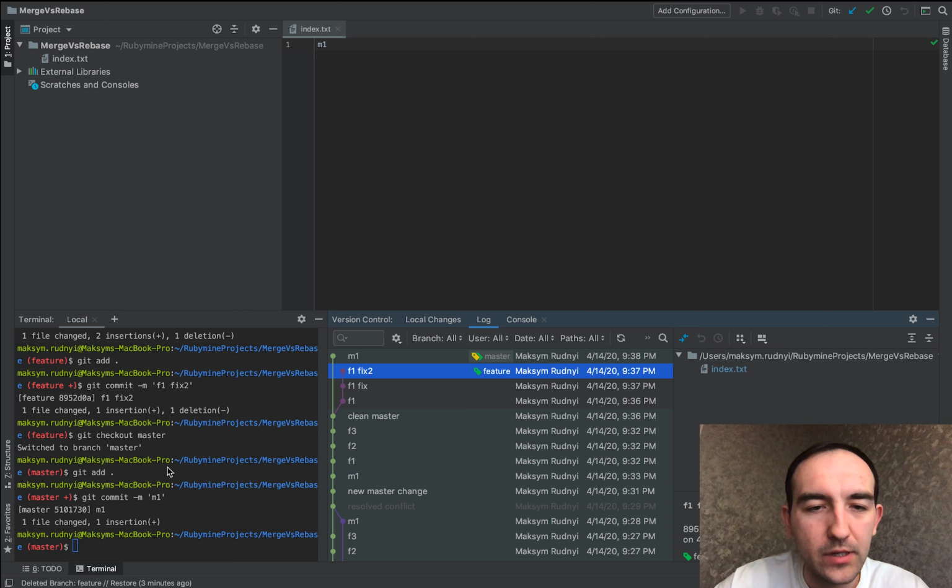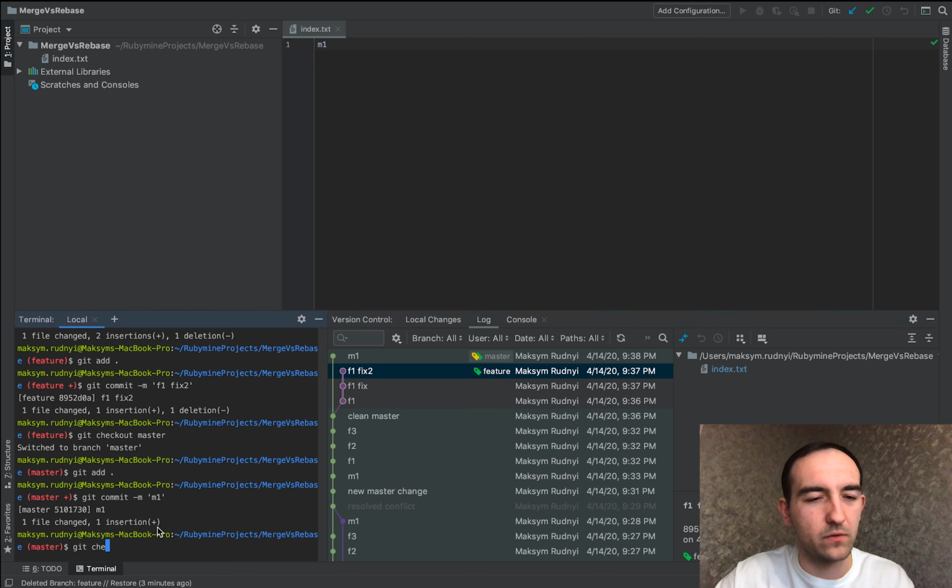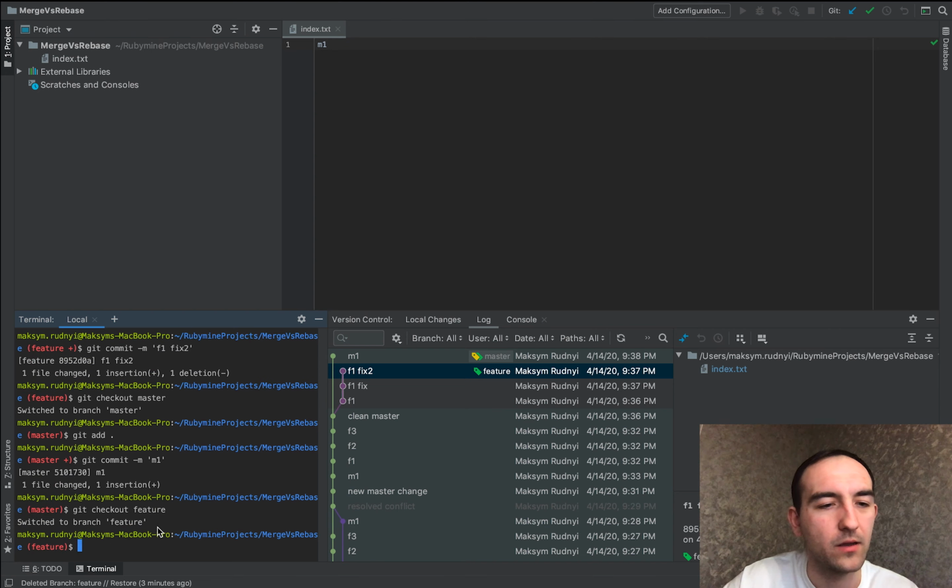And now we want to interactively rebase from master and leave just one commit, F1. We do not need to save this history. How can we do it? Let's go to feature again and git rebase